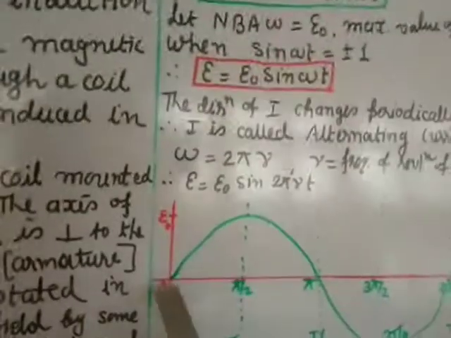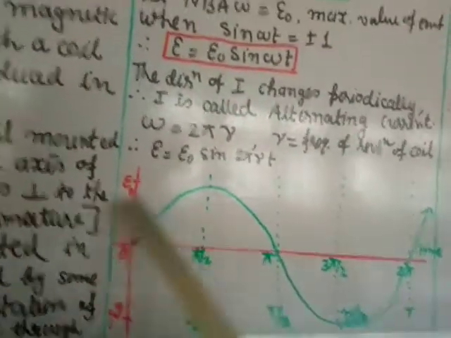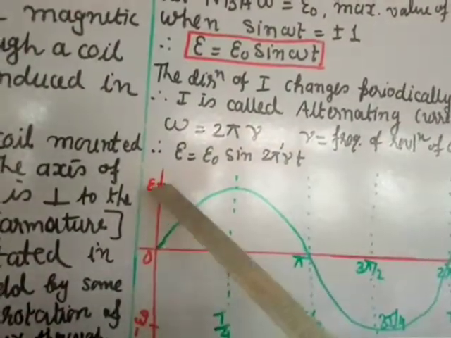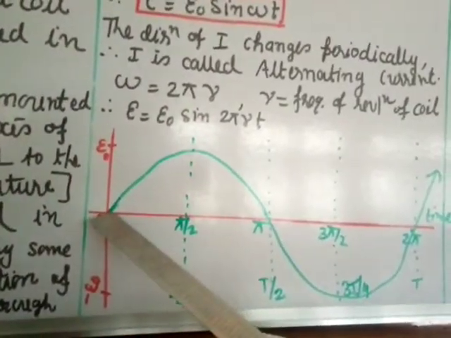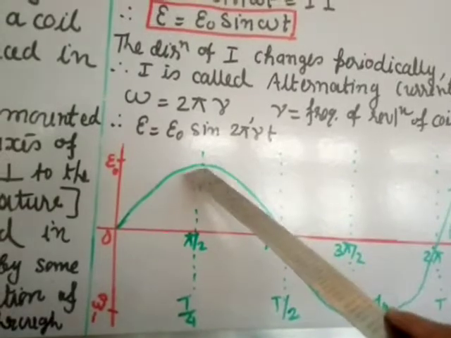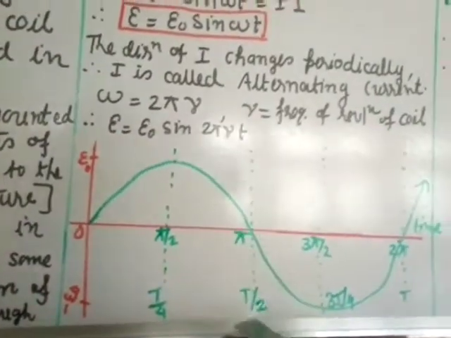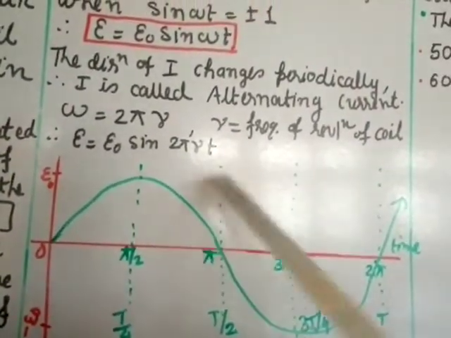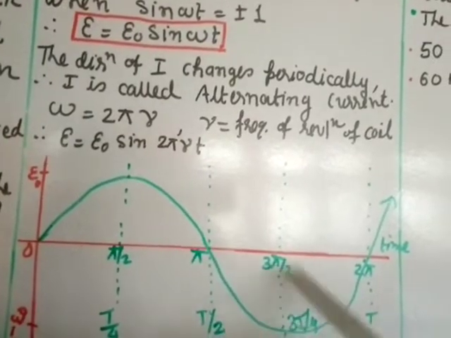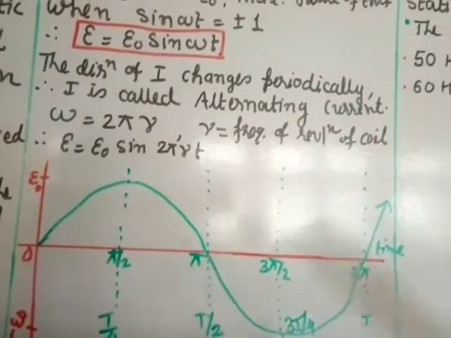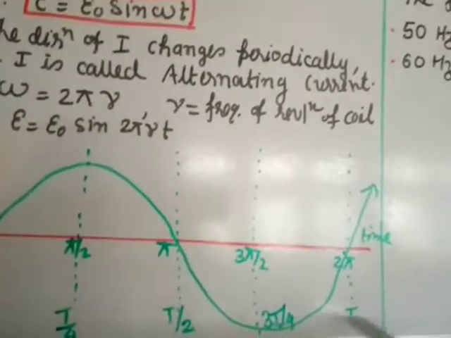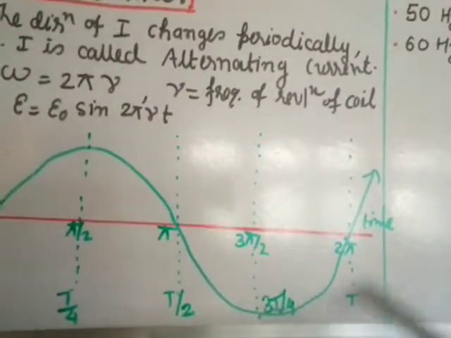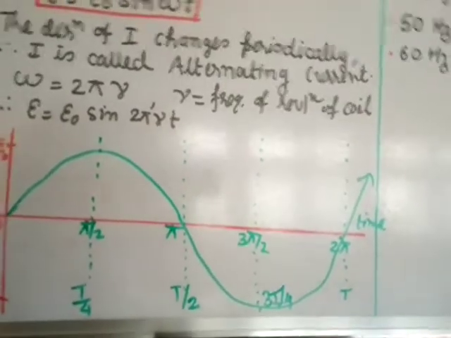Okay, so it is written here. See, at 0 time the EMF is 0. This is EMF. This is the maximum, this is the minimum, minus E naught. So at t equal to 0, it is 0. Then at t equal to T by 4, the EMF is maximum. Then at half cycle, it is 0 again. Again at 3T by 4, it is maximum, but in the opposite sense, the opposite direction. It is changing its direction. And when the full cycle is completed, it becomes 0, and then it continuously rotates.